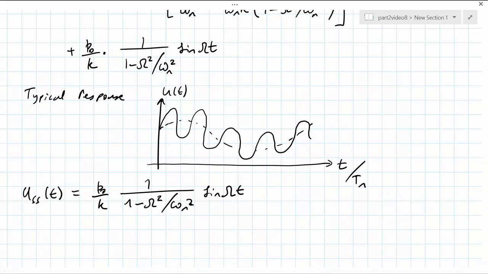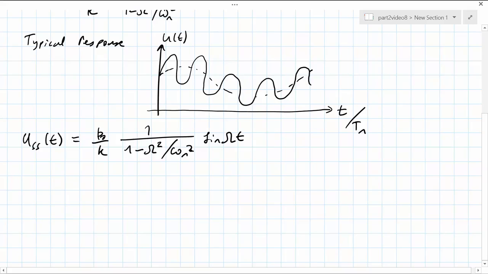This can be viewed as the structural oscillation at the forcing frequency capital Omega due to the applied force. The transient component shows the oscillations of the structure at the natural frequency of the system. This exists even when we have zero initial velocity and initial displacement. We can show this, for example, when the initial velocity and the initial displacement are equal to 0,